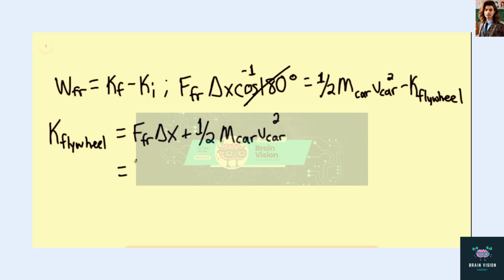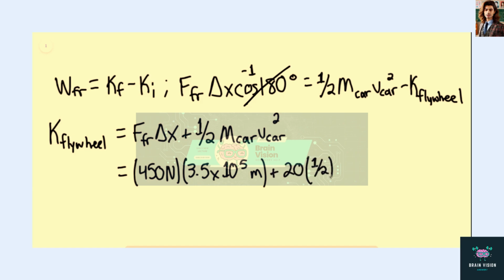This is going to equal 450 newtons multiplied by 3.5 times 10 to the 5th meters, and then plus 20 multiplied by 1/2 times the mass of the car, 1100 kilograms, times 95 kilometers per hour multiplied by 1 meter per second for every